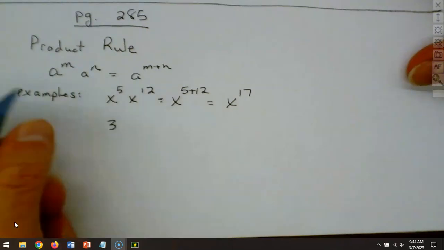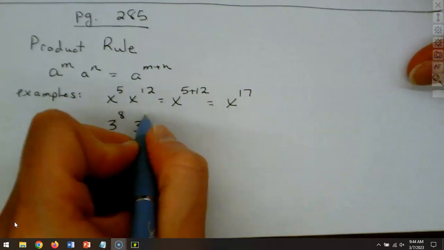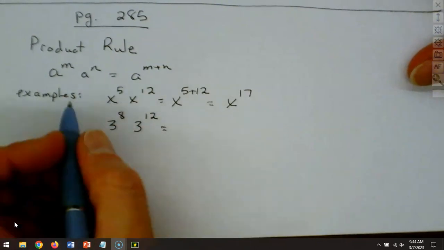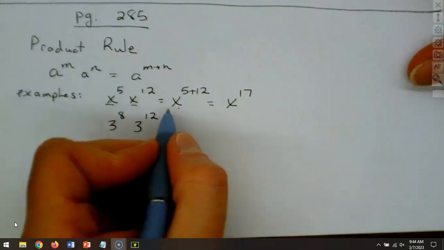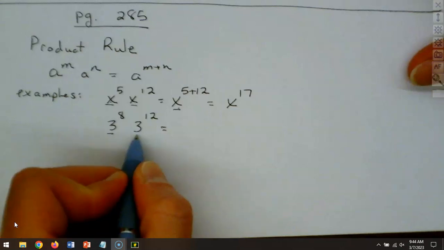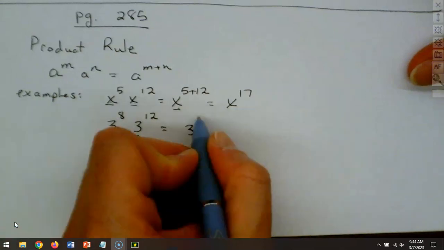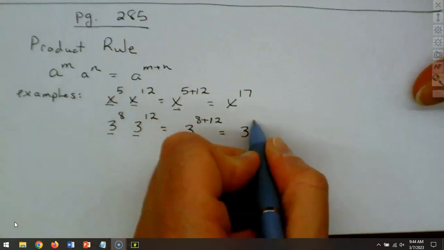How about we have 3 to the 8th times 3 to the 12th. Now we need to have a common base. Like this one, the common base was x. So the x was the base. These have a common base of 3. And then that's going to be 3 to the 8 plus 12 power, which is then 3 to the 20th